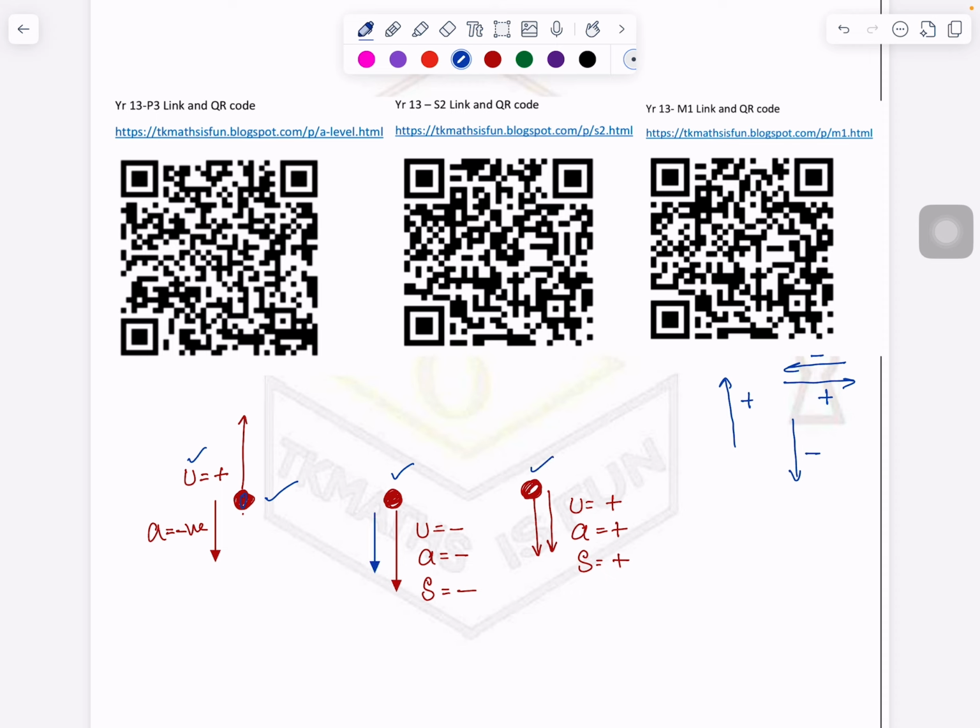In this case and in this case, which are the same, either you take all the signs negative or take all the signs positive. S is representing the distance the ball will cover when it is coming down. So this concept we will apply in part C of the same question. I hope you will have no issue then.